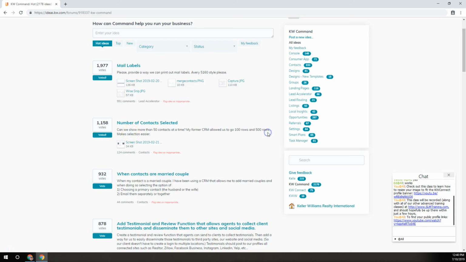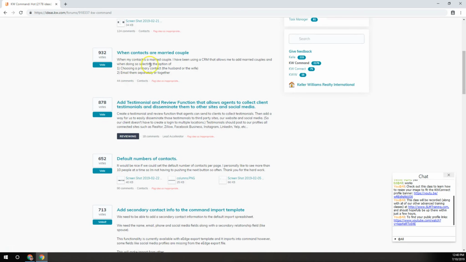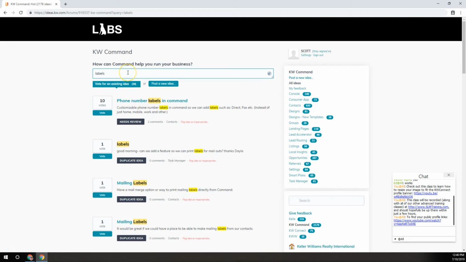100 and 500 rows, or just have it live continue to load as you scroll down. Married couples is actually kind of working, maybe not necessarily with these two items here. So if you have an idea for what you'd like to see in Command or Kelly or things like that, you can share it here, or if you search for it like labels, if you start typing that, it's going to bring up results for people that have already